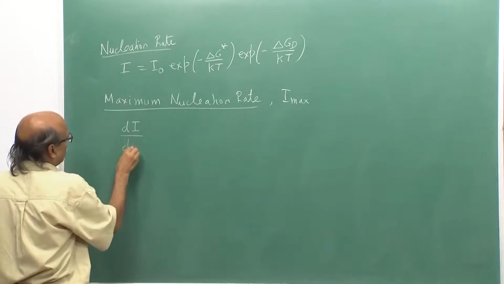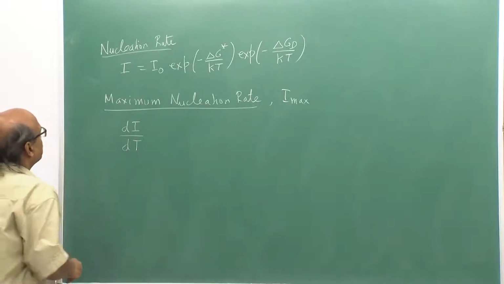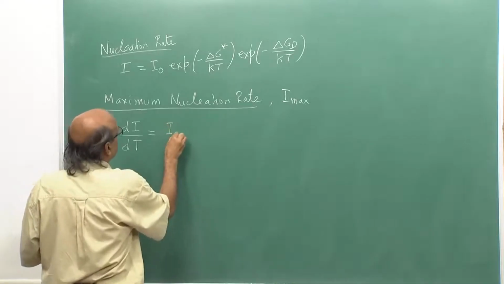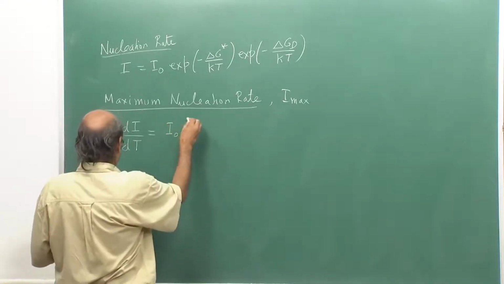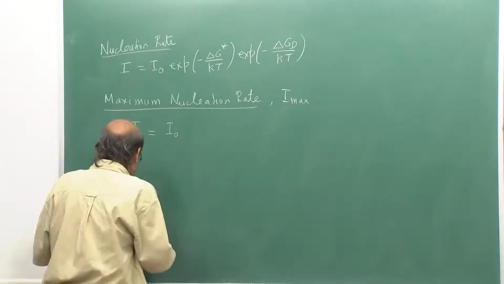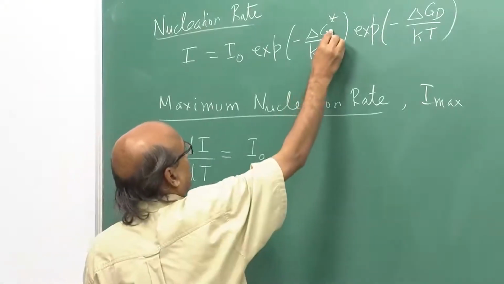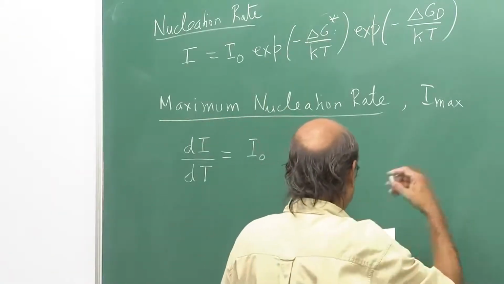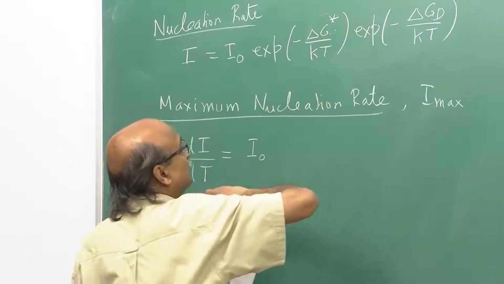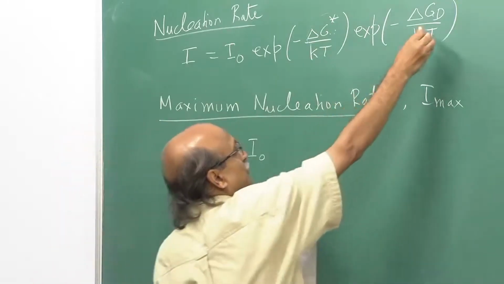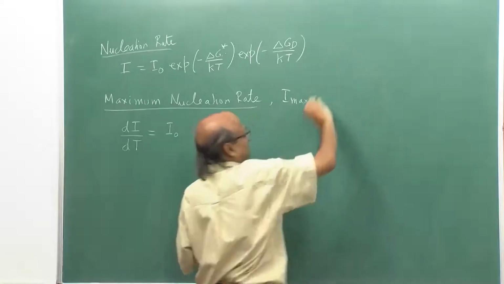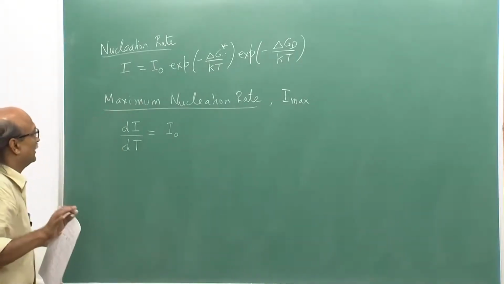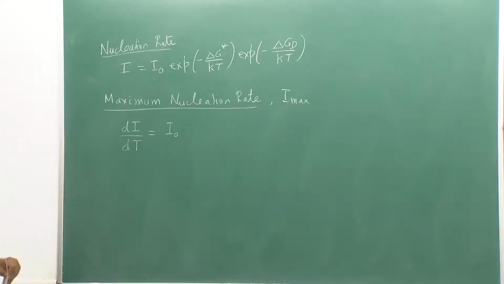So, dI by dT, if I differentiate, this will become I0, and then one will have to differentiate this because one knows that delta G star itself is a function of temperature, but here we will assume that delta GD is more or less a constant independent of temperature. So, by doing this simplification,